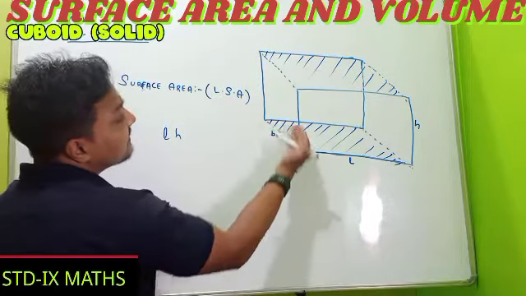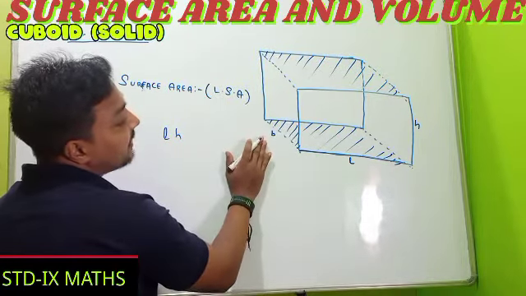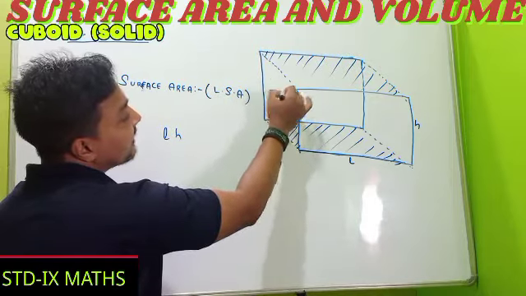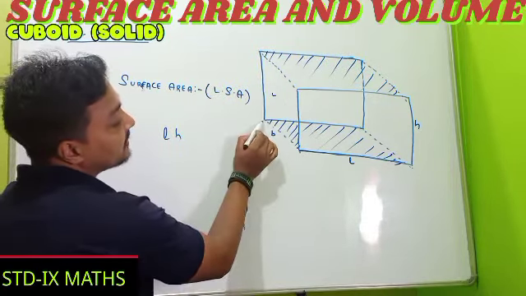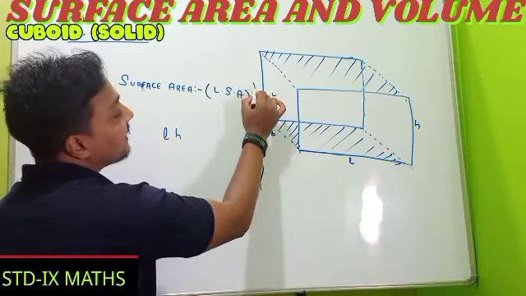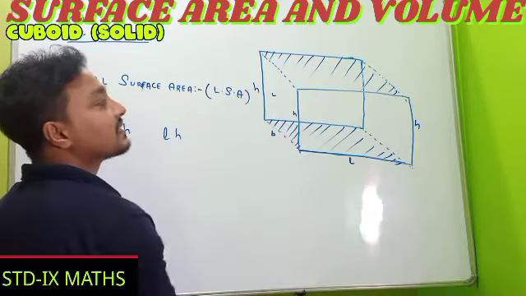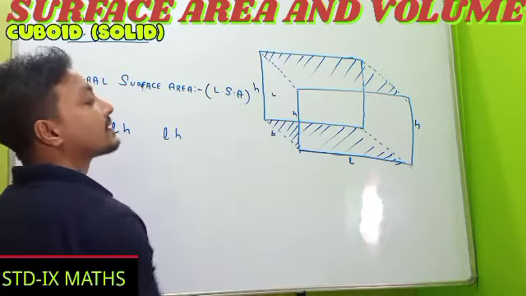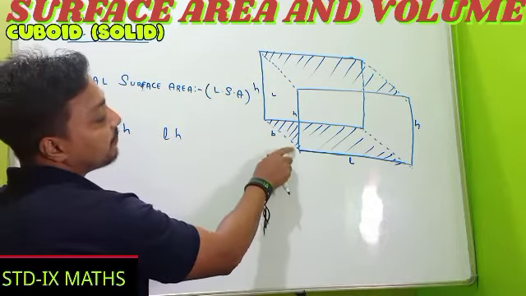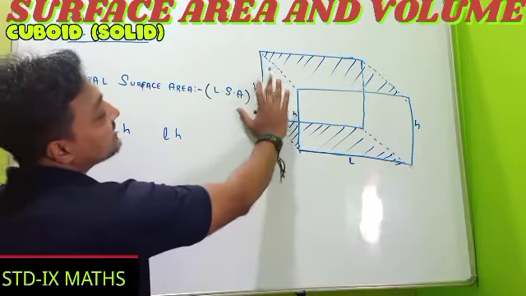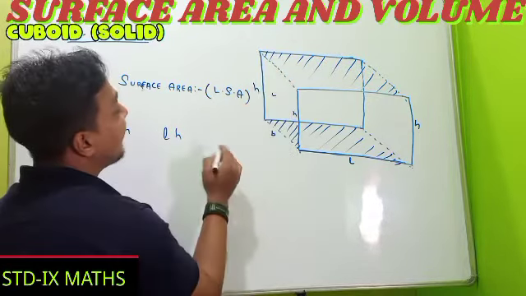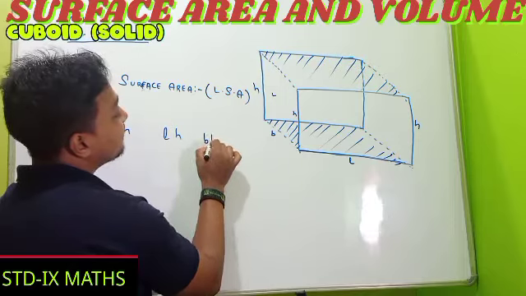And the left side, see the left side here, it is also rectangular in shape. In this rectangle, this one is the B and this one is our H. It is a rectangular shape whose one side is our B and another side is our H. So its area, the side area, will be our BH.